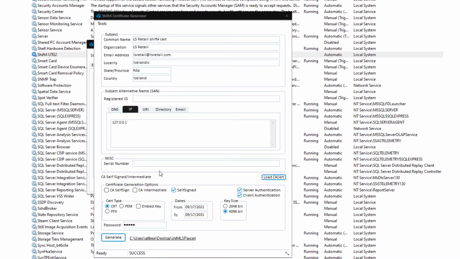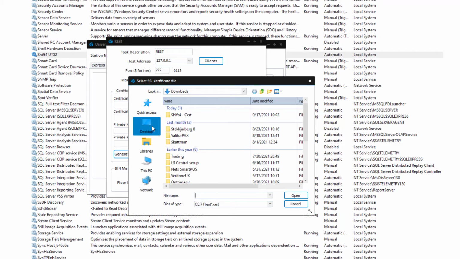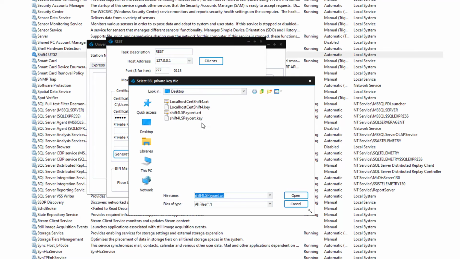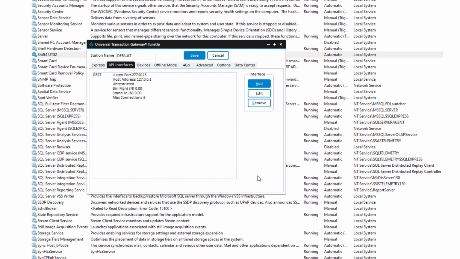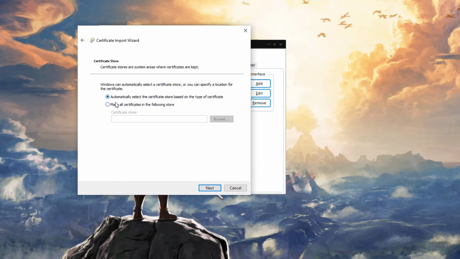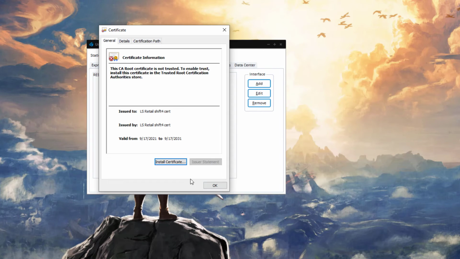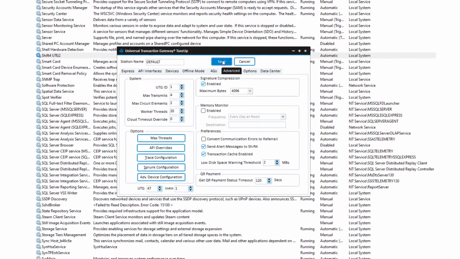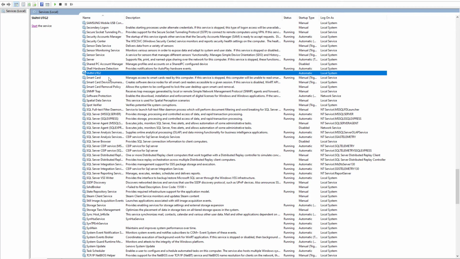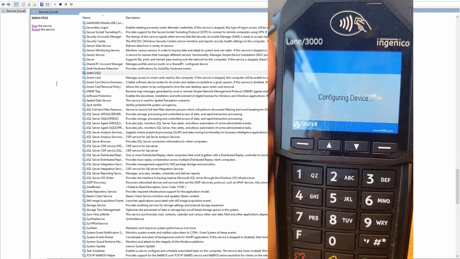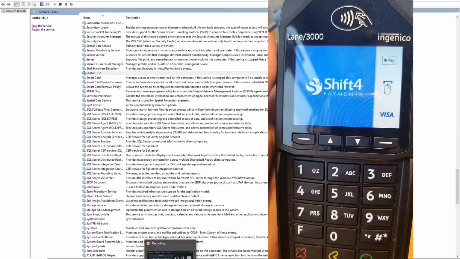After the certificate has been generated, select the file and the key and enter the password that you selected. The last step is then to install the certificate under trusted root on your local machine. When the service has been configured, you should save your settings and turn on the service. This will update the settings on your terminal. After all this, the terminal should now be ready to receive transactions from Atlas Hardware Station.